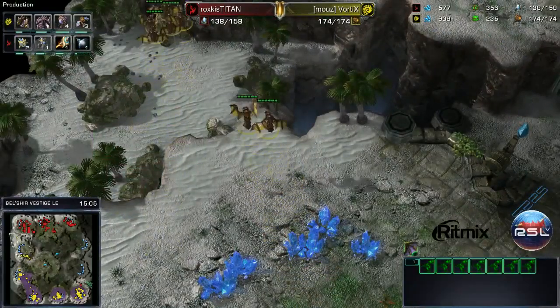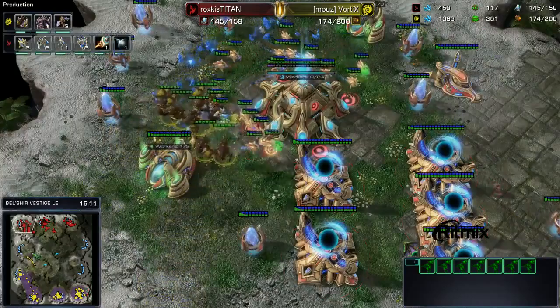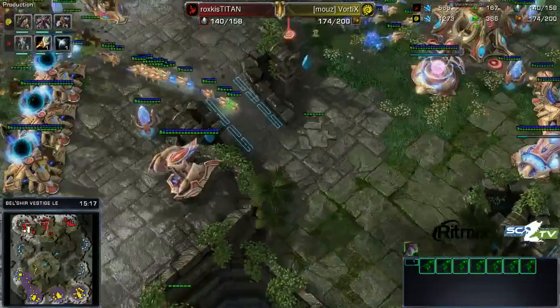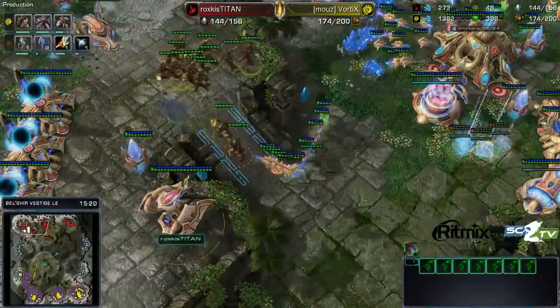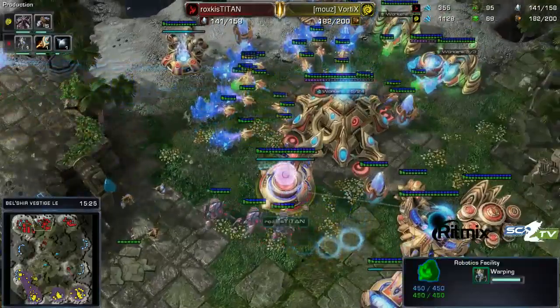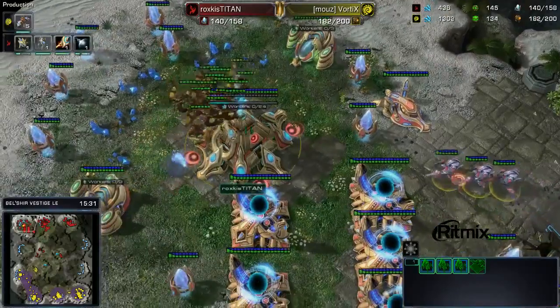VortiX is going to send the mutalisks to the main base. And while these mutas are in the main, he can push the rest of his army at the third. He can push the natural. He can push pretty much anywhere. These probes are being forced to evacuate. He's going to get a lot of nice hits off on this worker line that does attempt to retreat. Fulton Overcharge is activated. He'll be able to shove him off for now, but